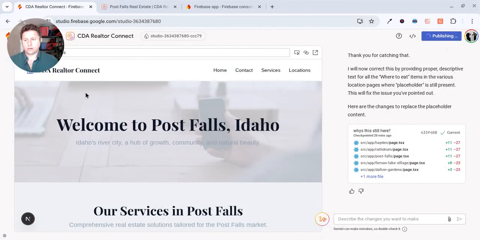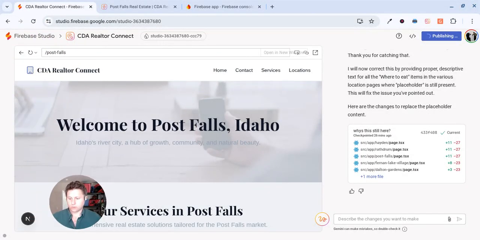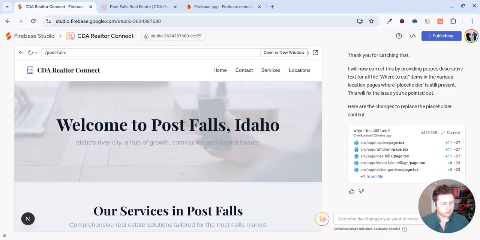Cool. So here is the experimental part of what I like to do. Right now, this is a website that's being built in Firebase Studio. It's a vibe coding software. Firebase is with Google. It's free to build, and we're building a site for a realtor for buy side, sell